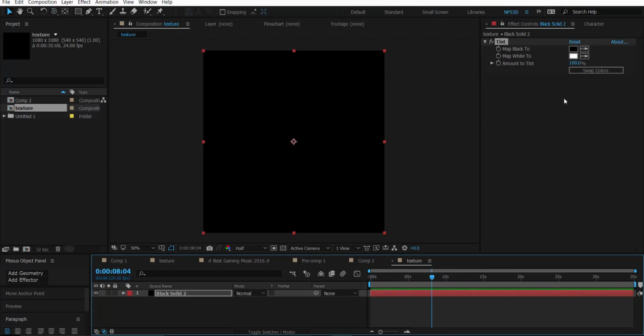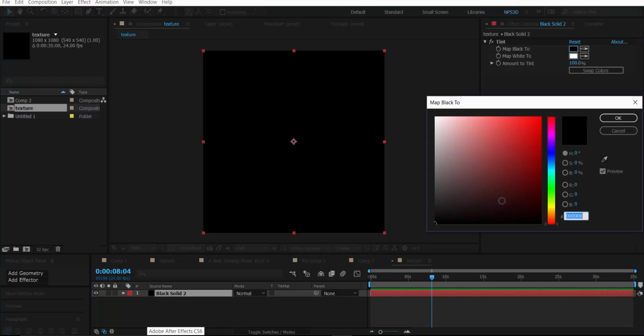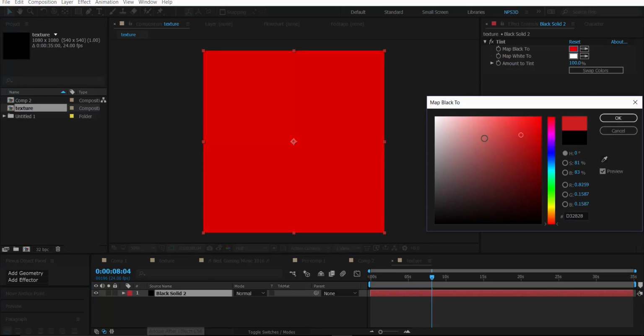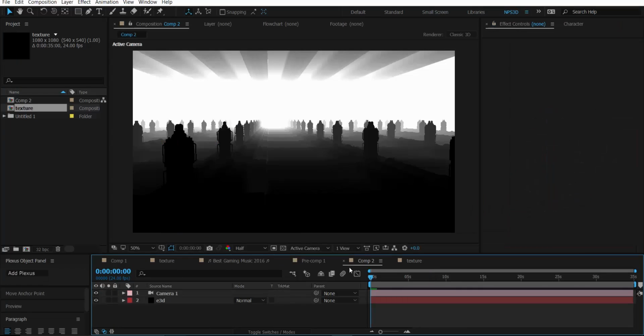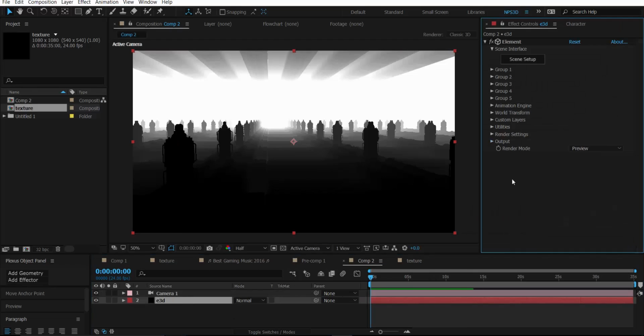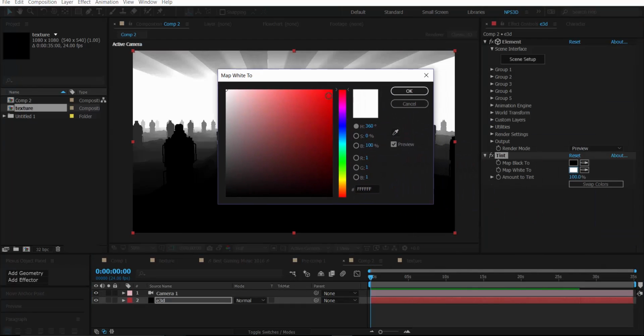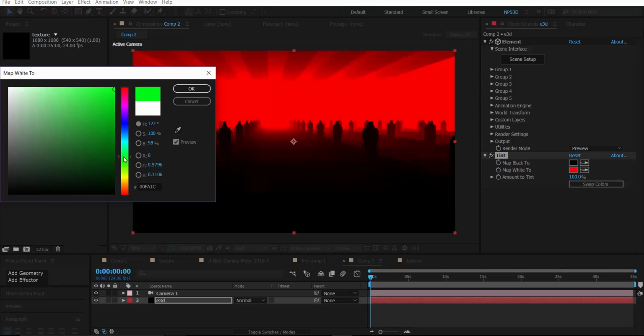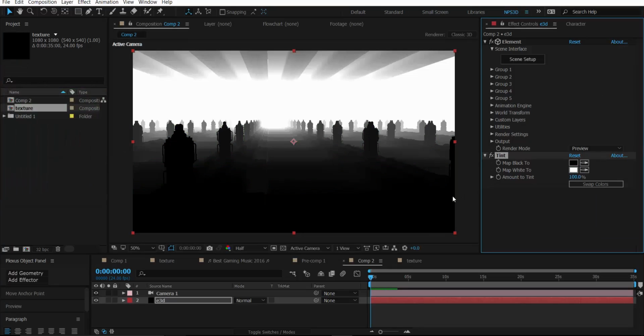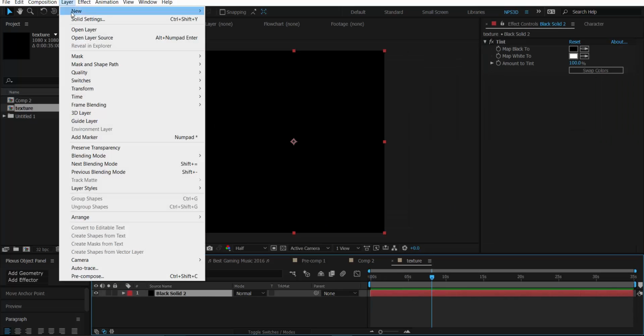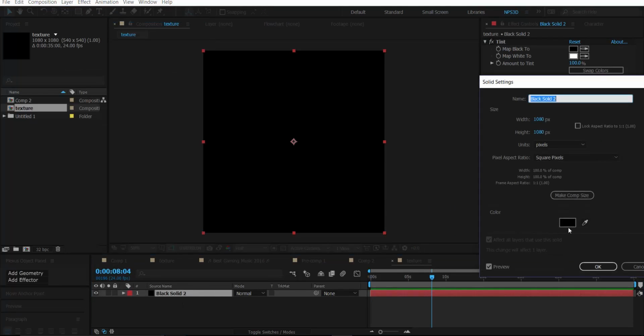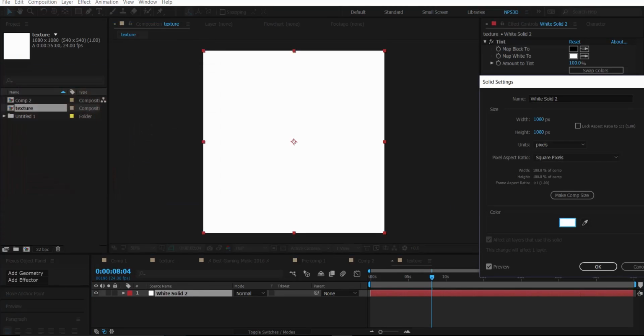Fine. So here is a problem. I just chose a black solid, so we need to add color on black, but when we come here and add a tint effect, because we are also going to change this color, if we change to white color, then this will happen, you can see. So we need to fix it by texture and the solid layer setting, I mean this layer setting, and just press white color. Alright, so